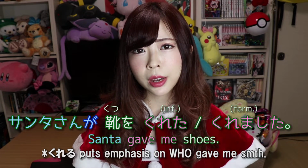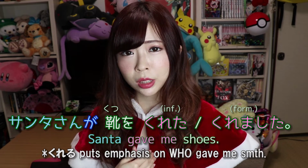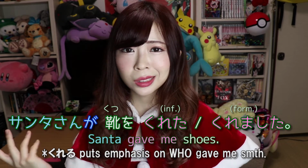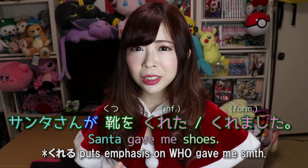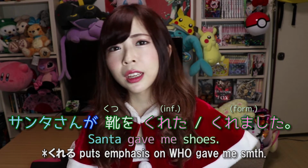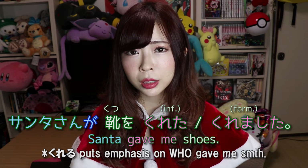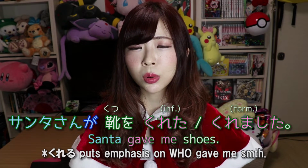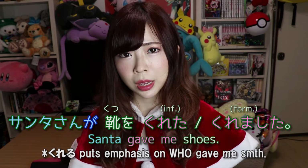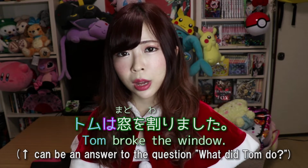So whenever somebody asks who gave it to you, or if I'm grateful and I want to tell people who gave it to me, who was nice enough to give it to me, we would say くれる. That's the reason why we use the が particle most of the time, because the が particle puts emphasis on who does something, right? I've already explained the differences between トムは窓を割りました